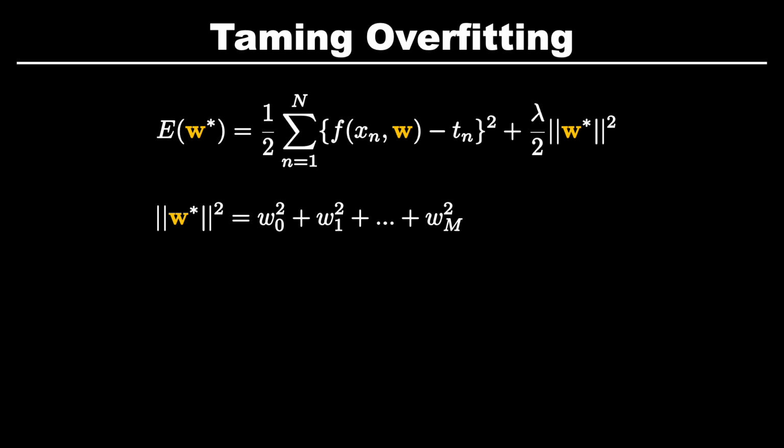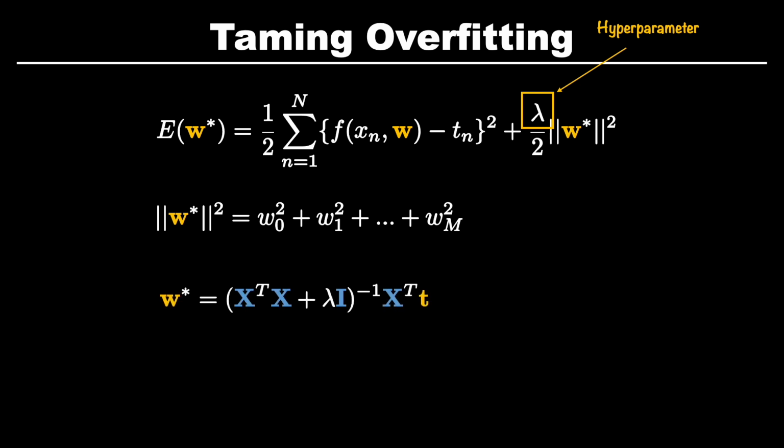That is, you need to figure out by experiment what value of lambda works better, or in our case, gives the lowest root mean squared error on test data. We then apply the same process of finding the minima of this modified error function, and this leads to the solution of weights that look like this. I'm not showing you the derivation steps here, but it would come out to be like this. Now, if you remember the solution that we had in the case without the regularization, you can spot that the only difference here is that there is this additional term that has appeared.